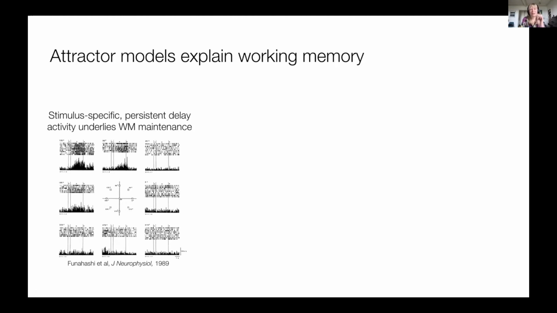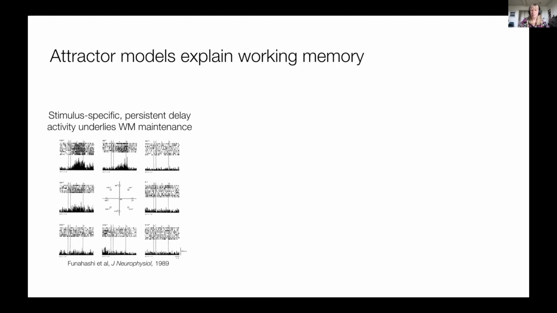And importantly, what they found in these recordings was that specific neurons had preferences for specific locations on the screen. So this neuron whose rastergrams we're seeing here prefers the upper left location. And more than that, these neurons that prefer these specific stimuli also spike throughout the whole delay period. Okay. So the two important features that we have in this task are, on the one hand, stimulus specificity, and on the other hand, persistent delay activity. So this is the starting point for what we want to achieve with a computational model.